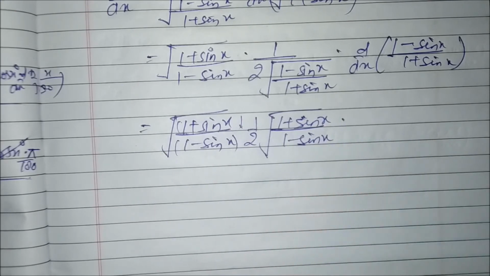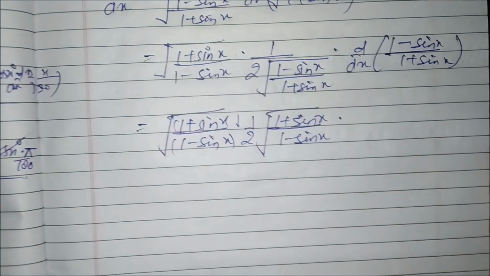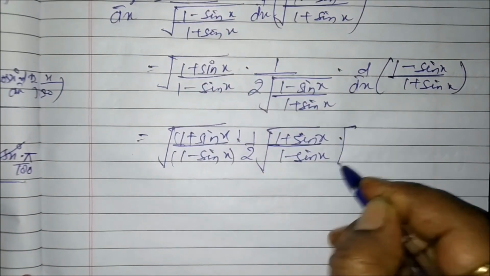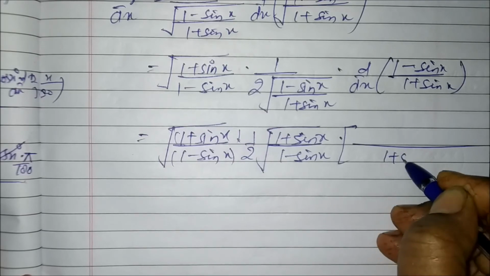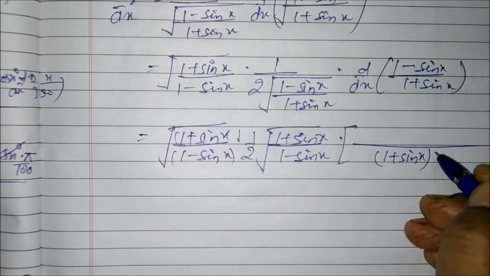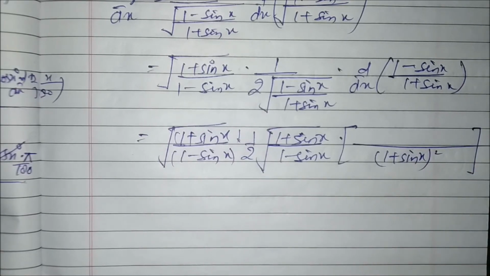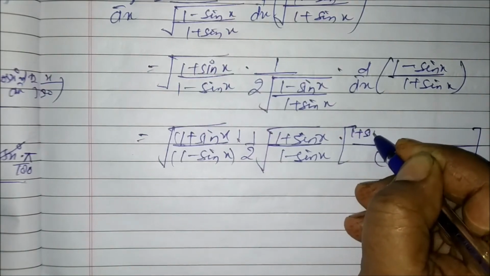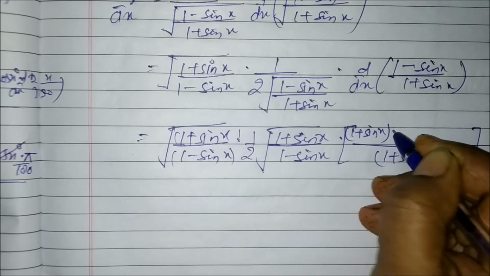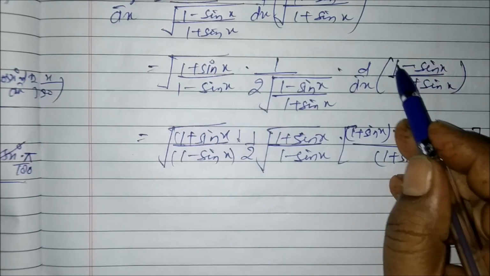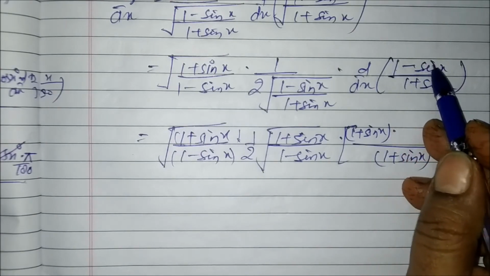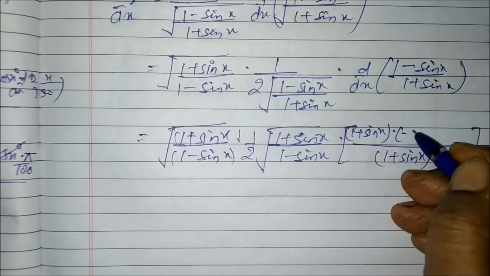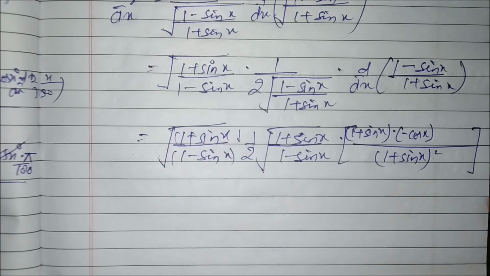Now the derivative of this will be written over (1 plus sin x) whole square, we are applying the u upon v formula. So (1 plus sin x) into the derivative of 1 minus sin x, which is minus cos x,